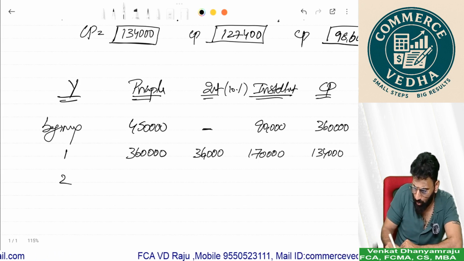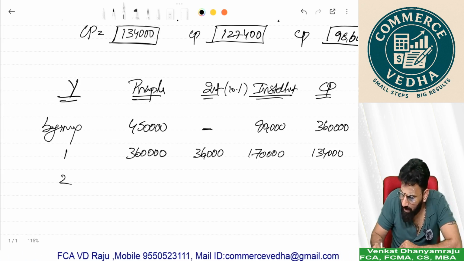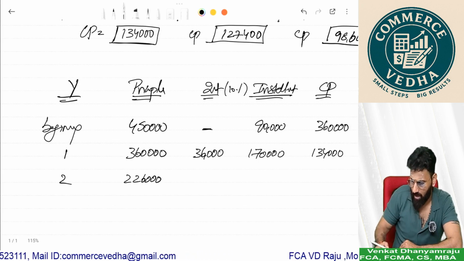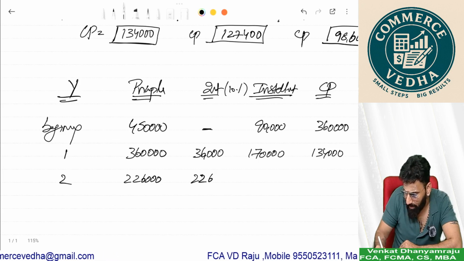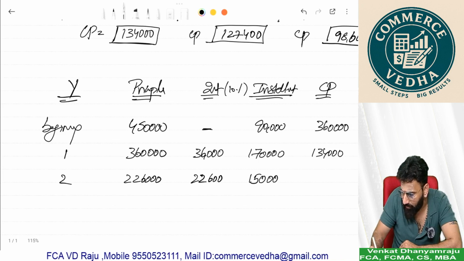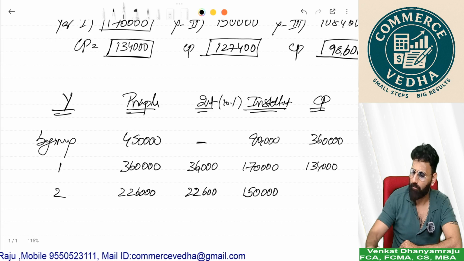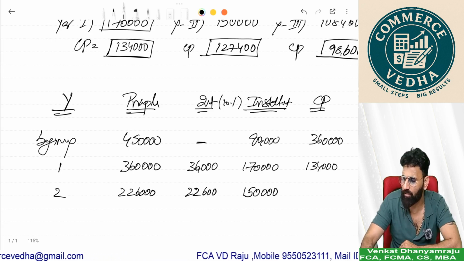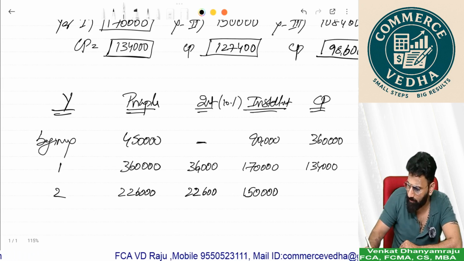So year 2, out of 360 principal, if you remove the cash price, it is 2,26,000 due, and you pay 10%, 22,600. Total installment paid is 1,50,000. So if you remove the interest of 22,600, cash price paid is